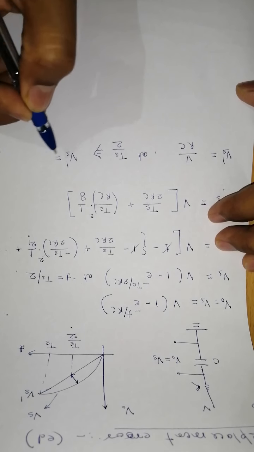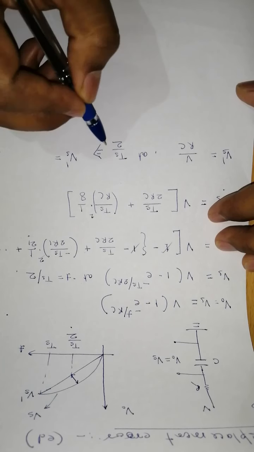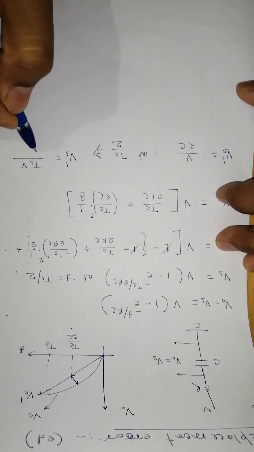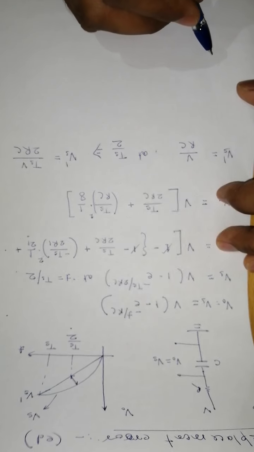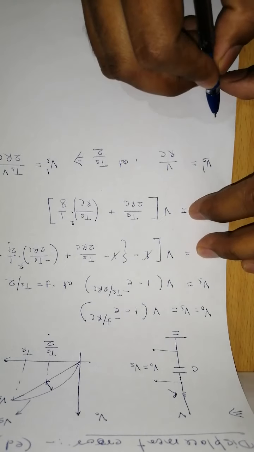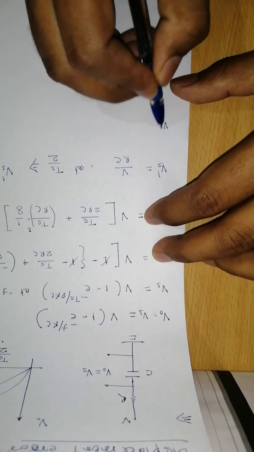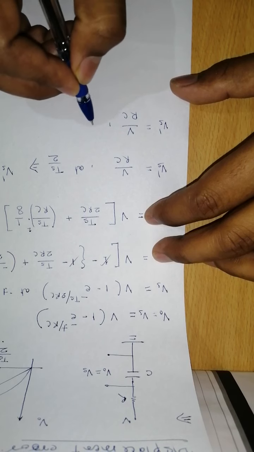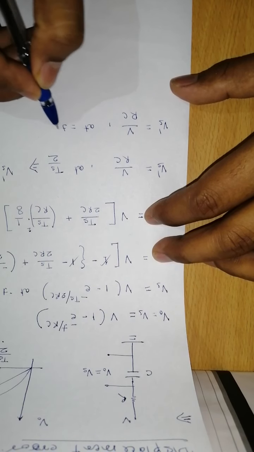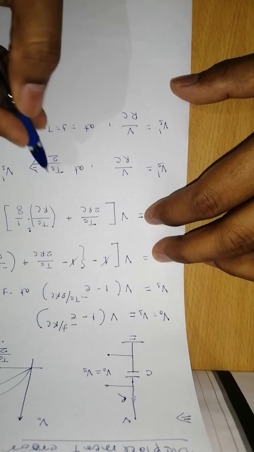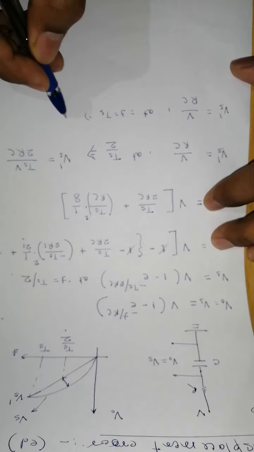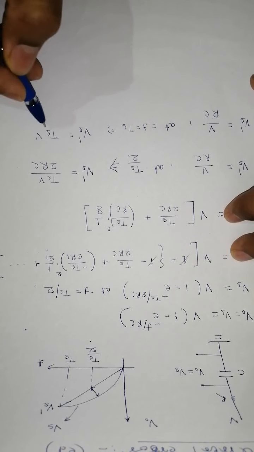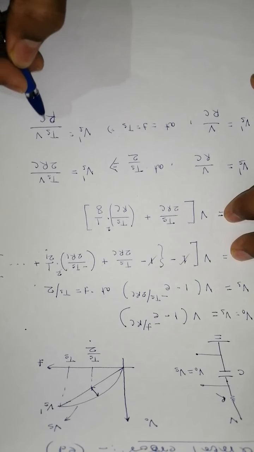So Vs dash at Ts by 2 will be simply Ts by 2 multiplied by this term, so it will be Ts into V twice of RC. The same thing already. If I want to calculate this Vs dash, that is the slope given by this at T is equal to Ts. This is also T is equal to Ts by 2. Now if I want to calculate the magnitude of Vs dash at Ts, it will be simply Ts multiplied by V divided by RC.